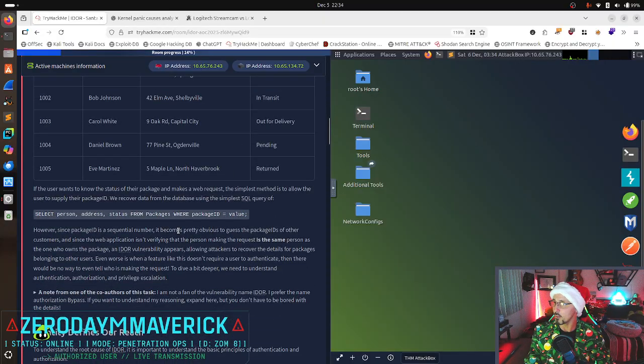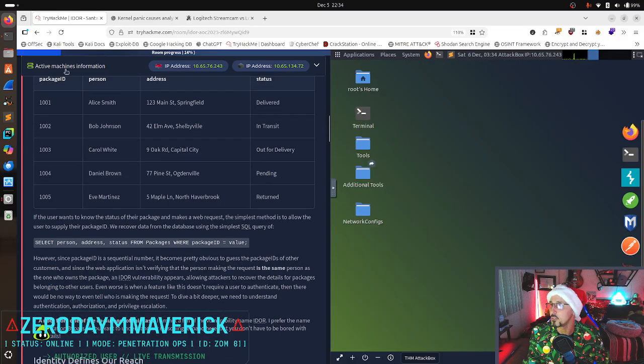So this would fall somewhat into the line of an SQL injection or SQL query, which is a structured query language. We look at the structure to query whatever we need to get. So the structure would be: select person, address, status from packages where ID is value.